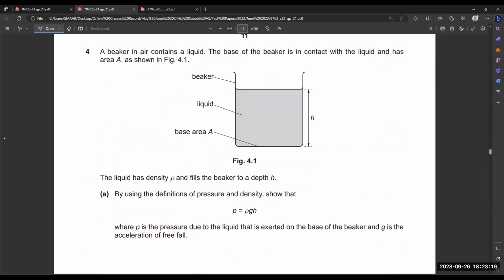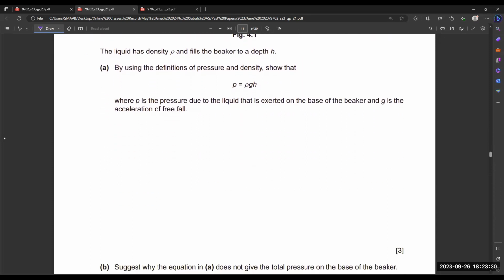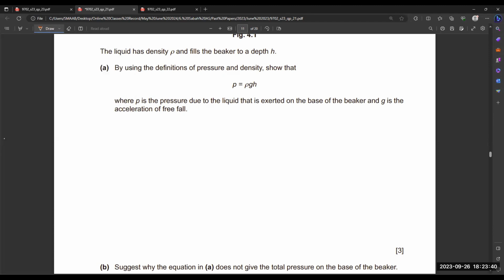Okay, next part is related to density. So first of all, in the first part, they are asking, by using the definition of pressure and density, show that pressure is equal to rho gh. So basically, this is the proof for the equation that pressure in liquid is equal to rho gh. So if you remember how to derive this equation,